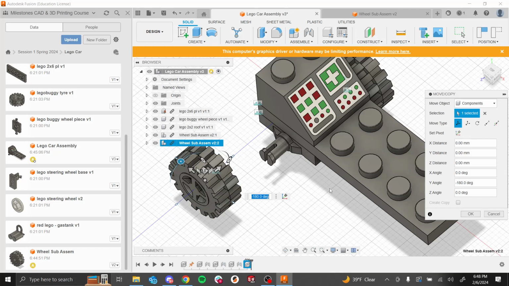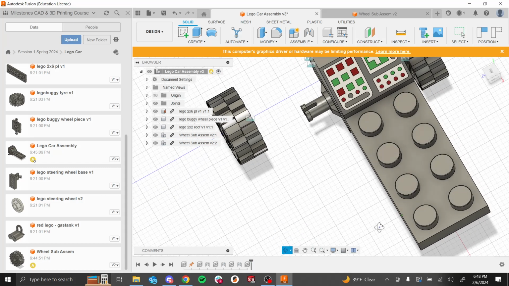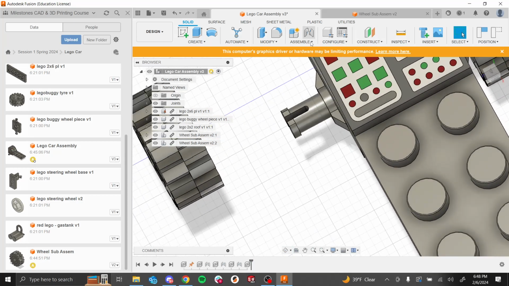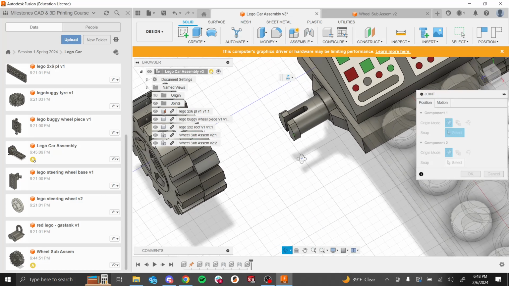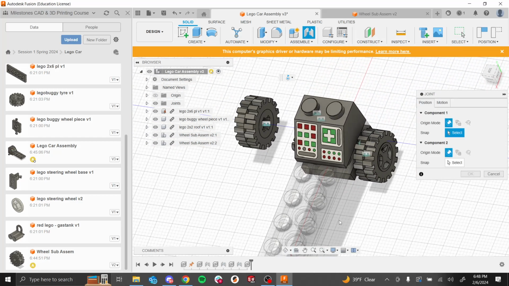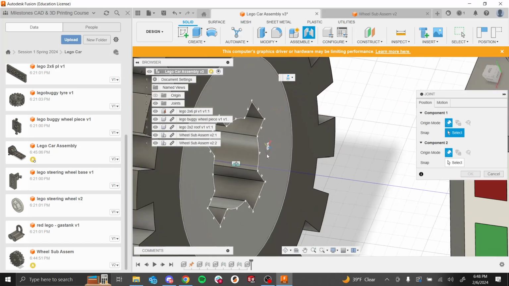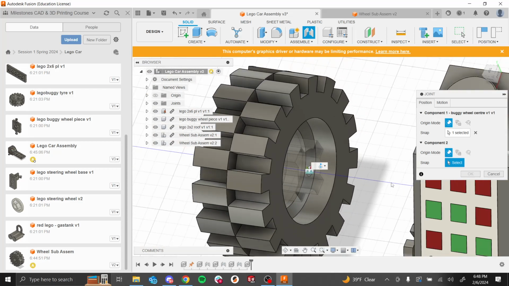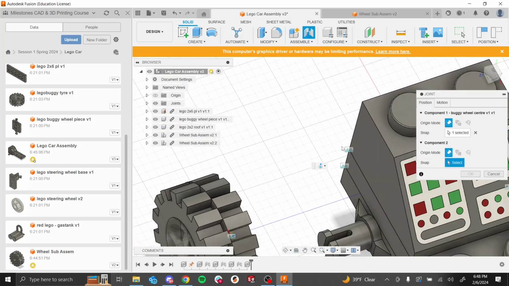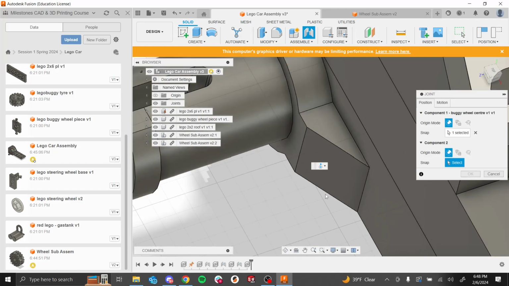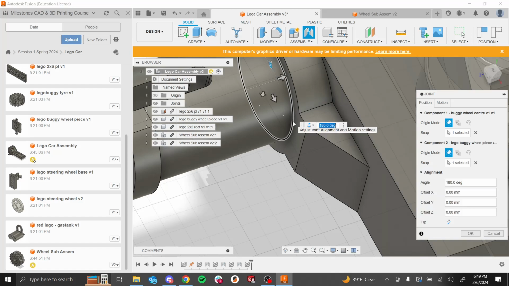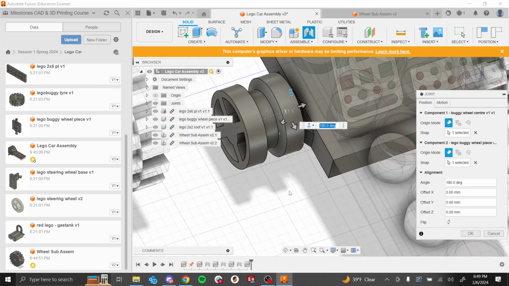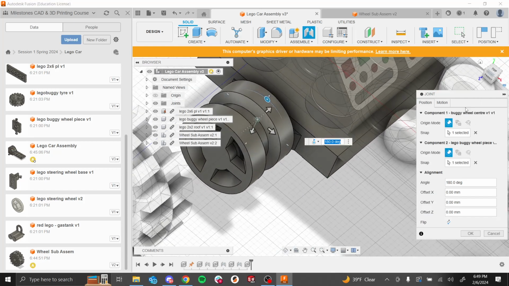So again, I'm rotating it, and then I'm going to create a joint over here. I'm going to select this circular edge right here, and I'm going to rotate. I'm going to zoom in, and then I'm going to select this circular edge, which is like the base of the axle. So I'm going to double click, the part will fly into place, and you see right now